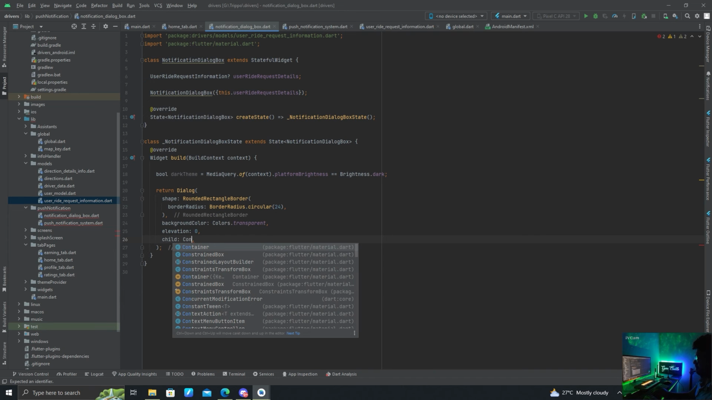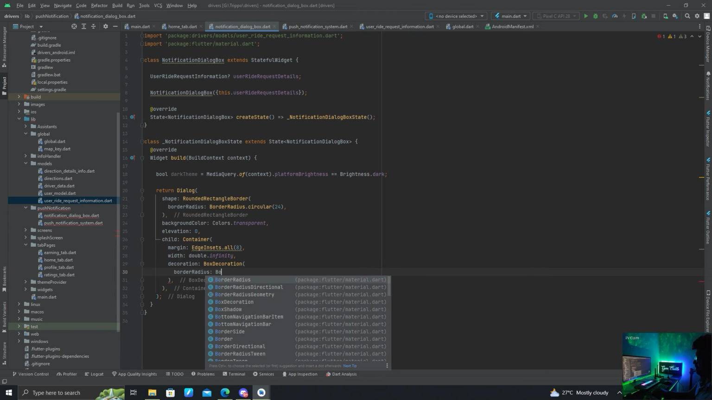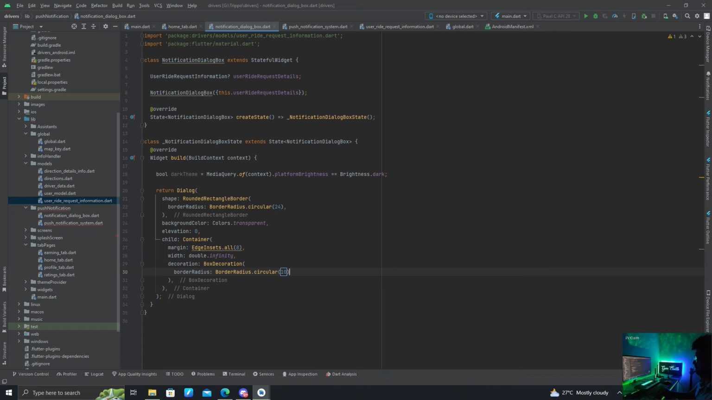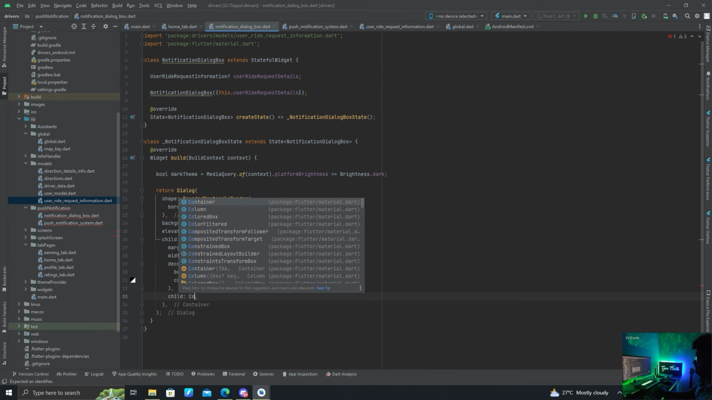Then child we can add a Container, and here we can use margin EdgeInsets.all value to 8, width double.infinity, and decoration BoxDecoration, borderRadius BorderRadius.circular(10), color darkTheme ? Colors.black : Colors.white. Then we can add a child and add Column,